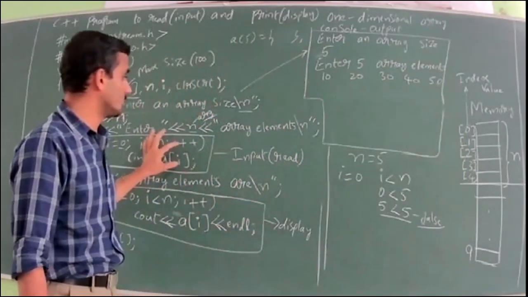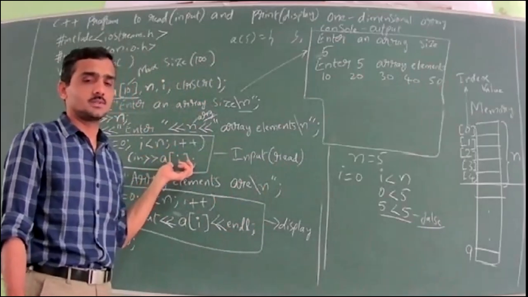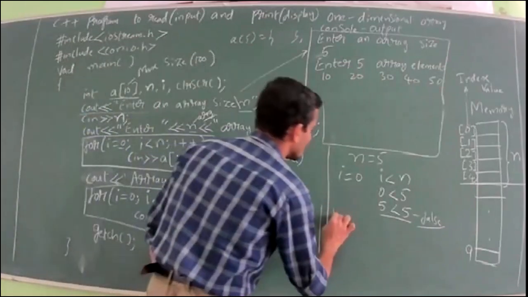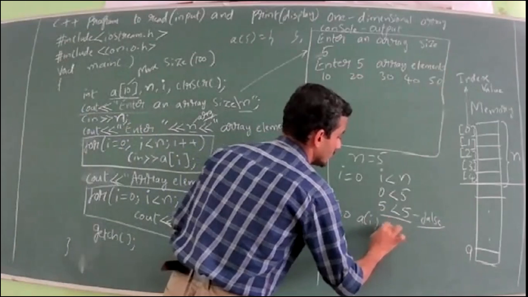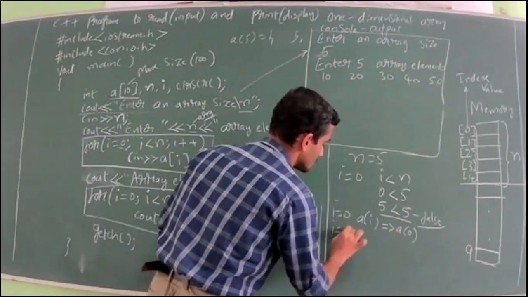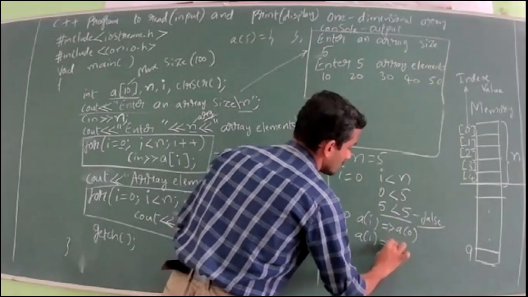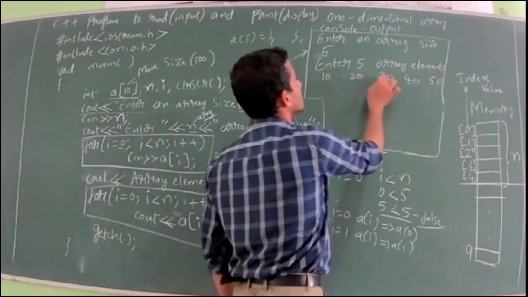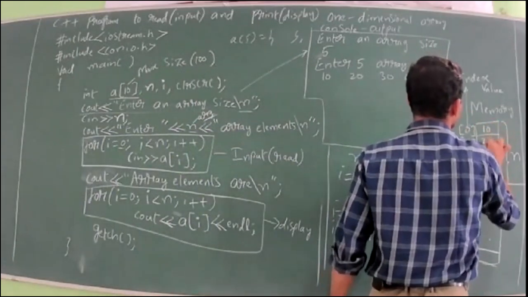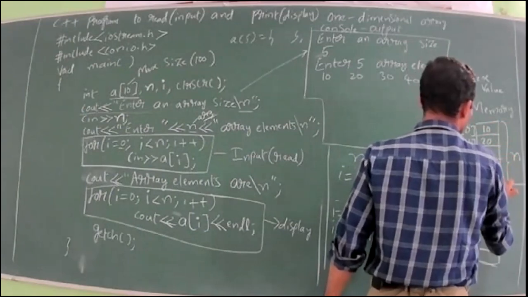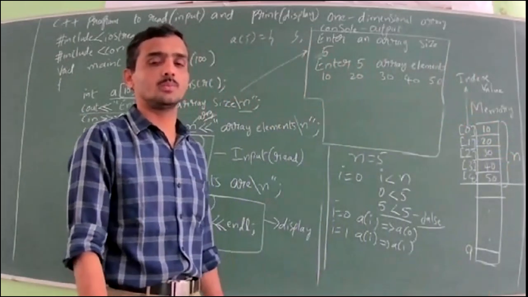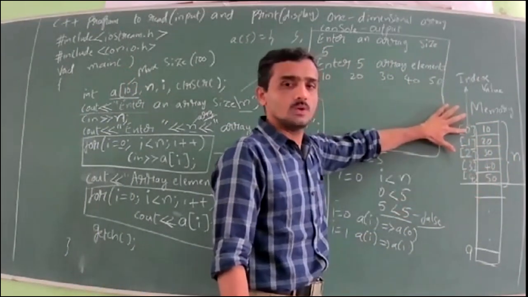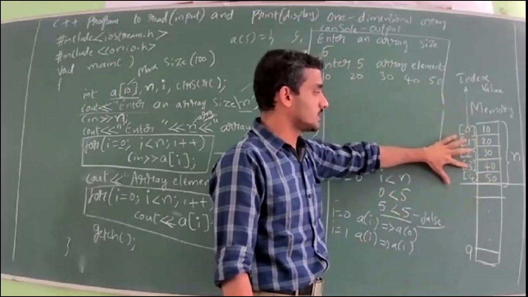Okay. So this code is for input. I think we have discussed it in the tracing part. So here, in place of I, the values will be substituted. If I is equal to 0, it says A of 0. If I is equal to 1, it says A of 1. So 5 values will be stored in computer memory, that is 10, 20, 30, 40, 50. In this way, 5 values are stored. I hope you people got it. So I is equal to 0, 1, 2, 3, 4.